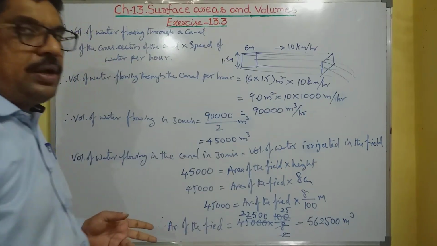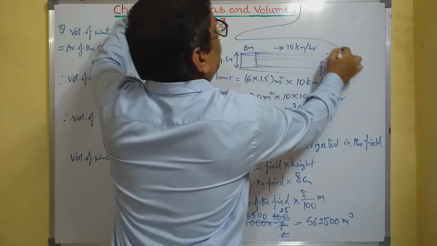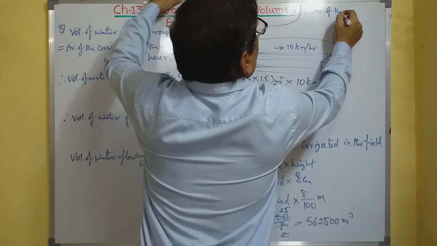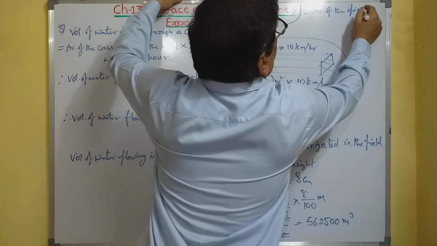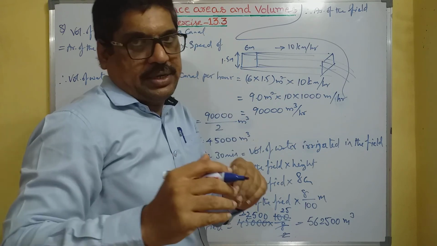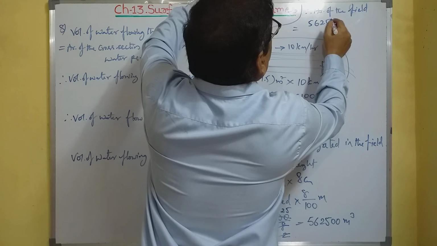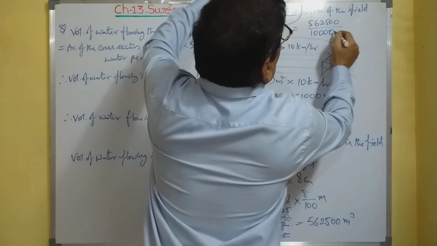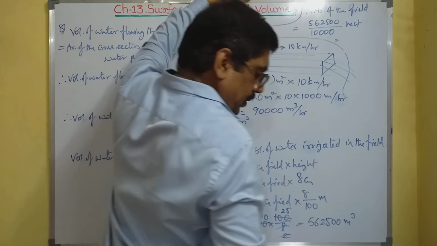Now we need to find the answer in hectares. Final answer I will write at this corner. Therefore, area of the field, the field meaning the area into which the water is irrigated, is equal to how much? 562,500 by 10,000. Why? Because 1 hectare is equal to 10,000 meter square. So we get finally